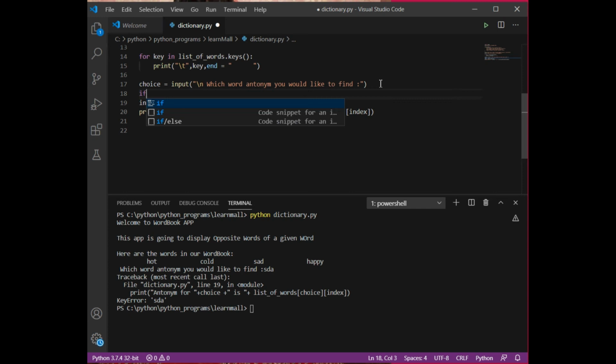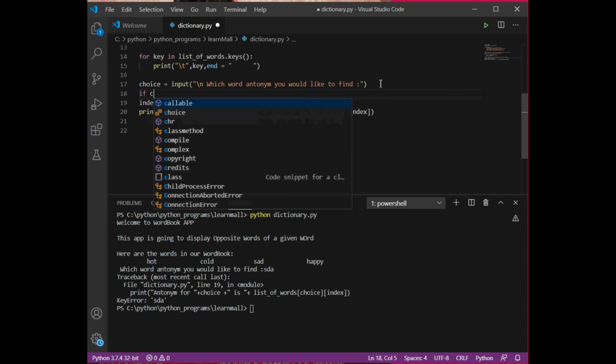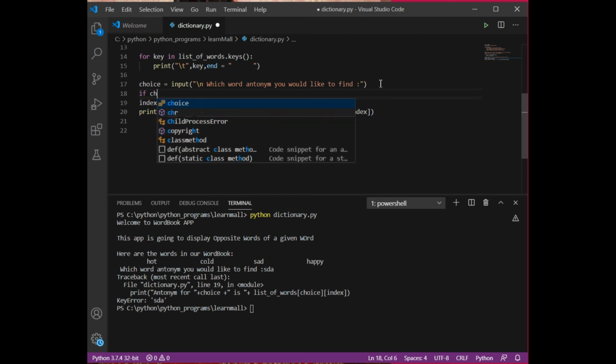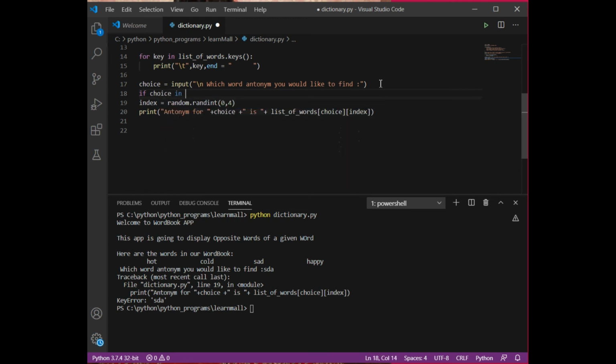So what I am going to write is: if choice in list of words dot keys. If the choice is within this, then it is going to have an index, and then it is going to print a message.